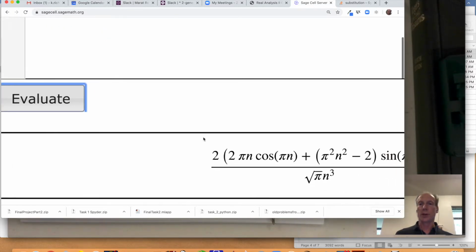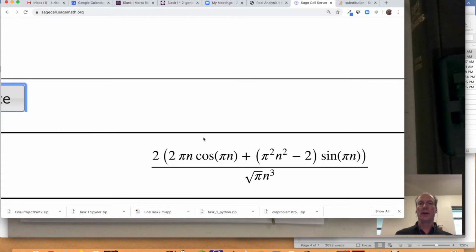Oh, it's probably already got it. And there we have that nasty formula. Wow. And, you know, this is the kind of thing where I'm sure it can simplify better. Like cosine pi n, that's the same thing as negative 1 to the n. And this one is just 0. Oh. So in fact, it's